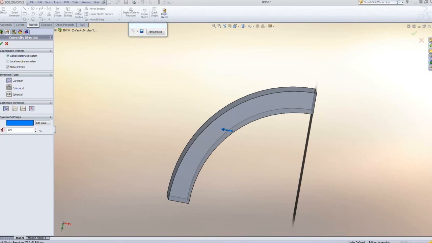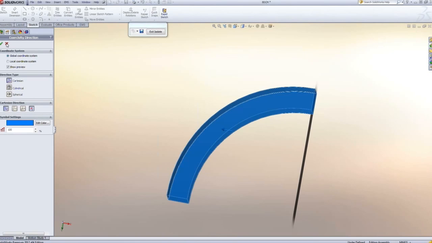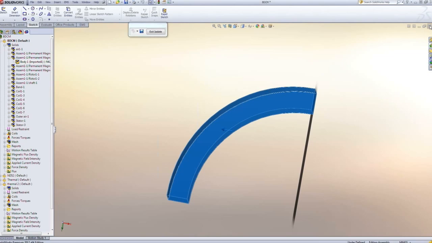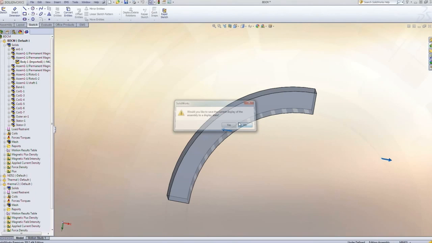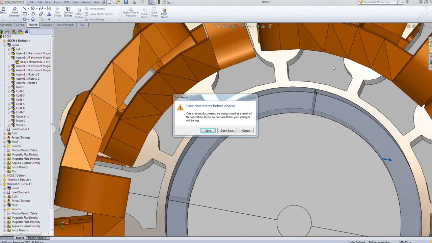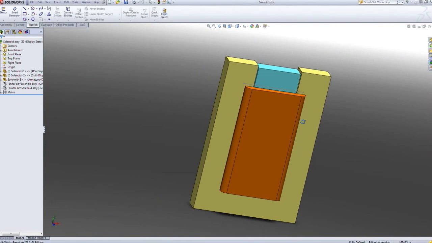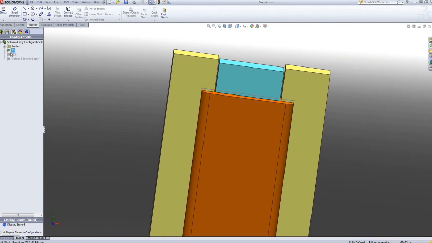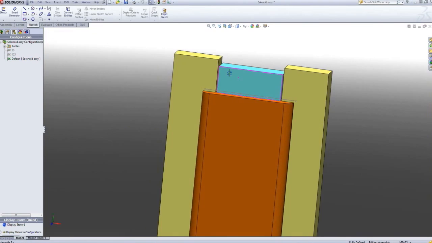Okay, how to play with the dimension of the motor, for example the gap, without building a new assembly. All right, this is the multi-configuration feature. I'm gonna quickly show an example here that I have. Okay, this is an example of a solenoid, but the concept is the same. So we have here, through the multi-configuration feature of SolidWorks, I can change any parameter or any geometry of my